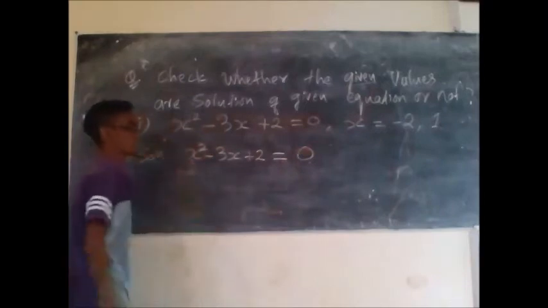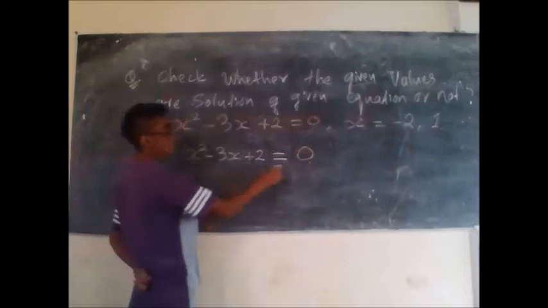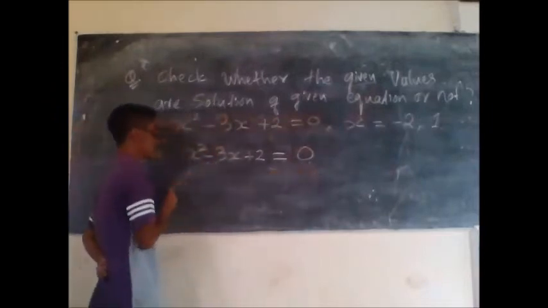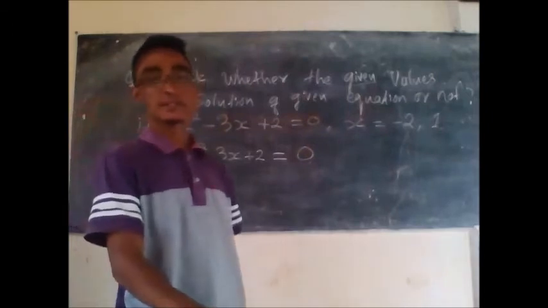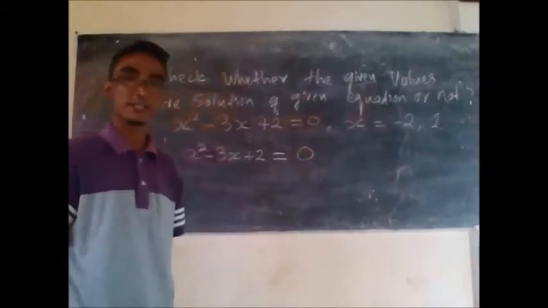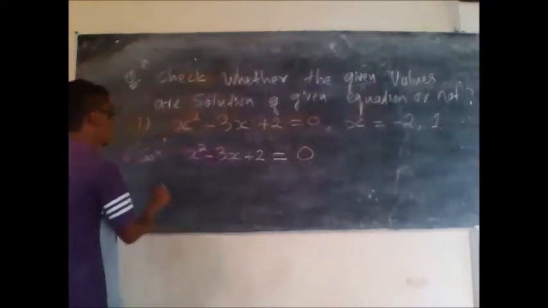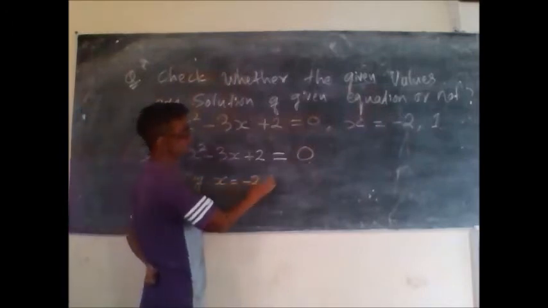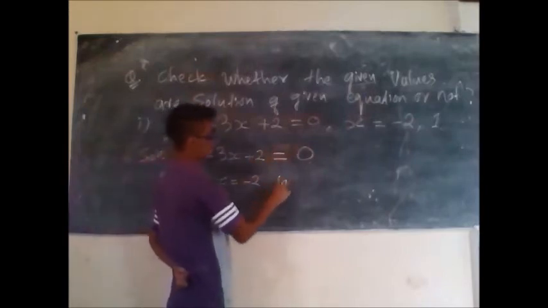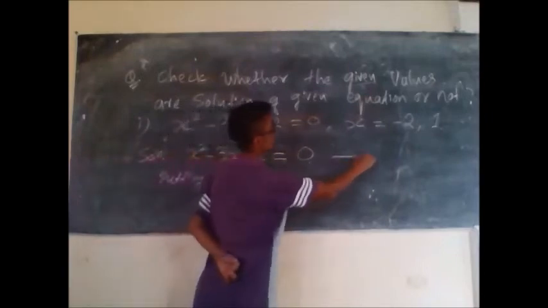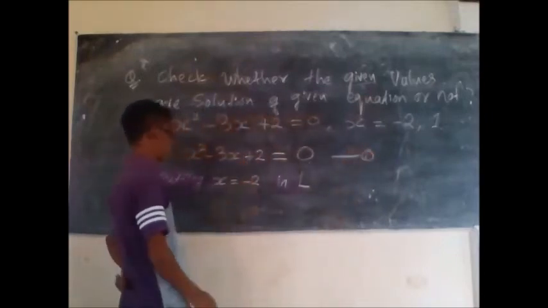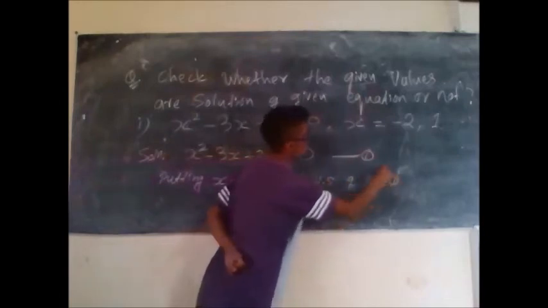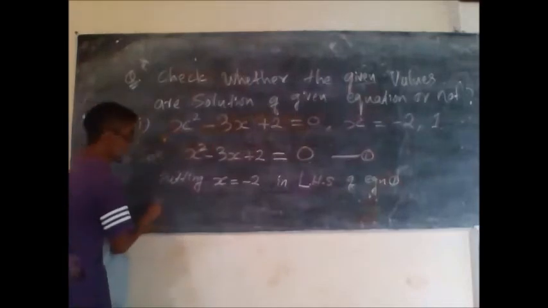The right hand side is zero, and we need to check whether the left hand side also gives zero. First, putting x equal to minus 2 in the left hand side of equation 1, we get